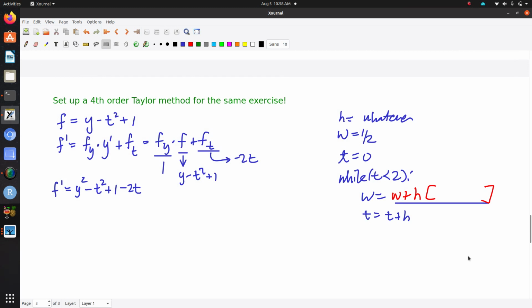So now we have to find y double prime and y triple prime here. So f double prime is going to be, well, we're going to have to use the same chain rule and all that stuff, just like we did before, and now we're just going to do it one level deeper. So f prime, take the derivative with respect to t, and you're going to get minus 2t minus 2. F prime with respect to y is going to be